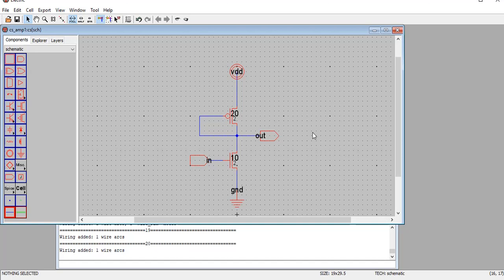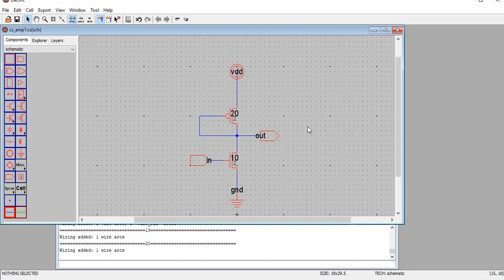Please try to remember the difference between a standalone amplifier and an amplifier circuit. When we say amplifier circuit, it involves everything: the load, the output resistance, the input resistance. To put it simply, the amplifier circuit involves both the amplifier as well as the load.